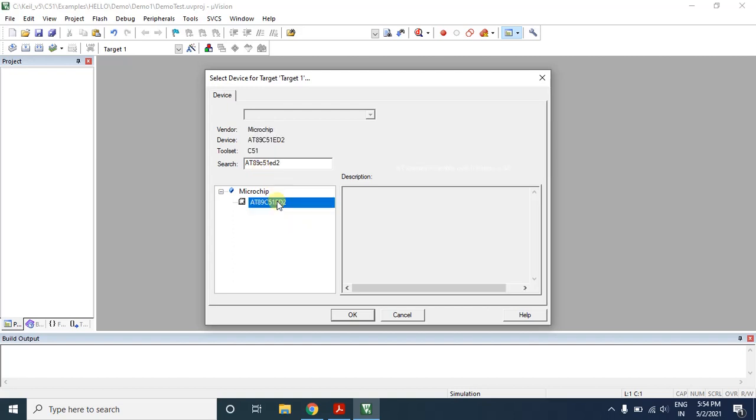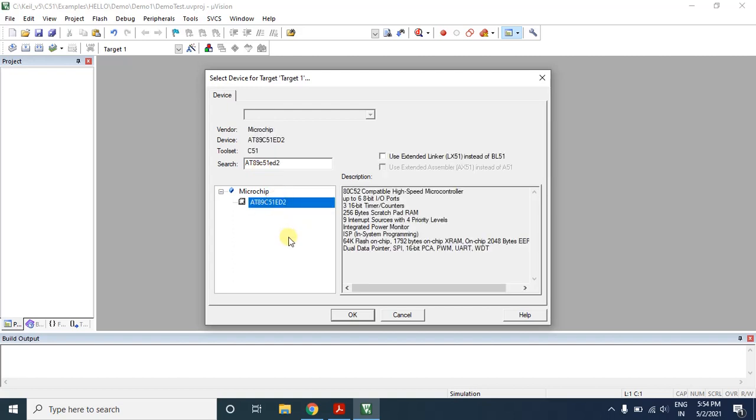So this is the microcontroller I am going to use. We have plenty of versions of microcontrollers already. It is a basic version, the extended version of 8051, from Atmel Corporation. Now it is taken over by Microchip Technology, which is why you can find the chip under Microchip Technology.